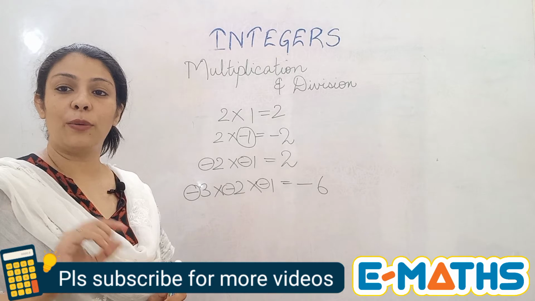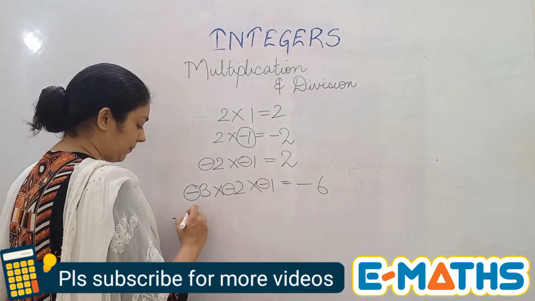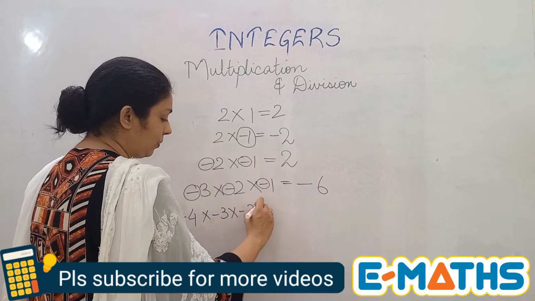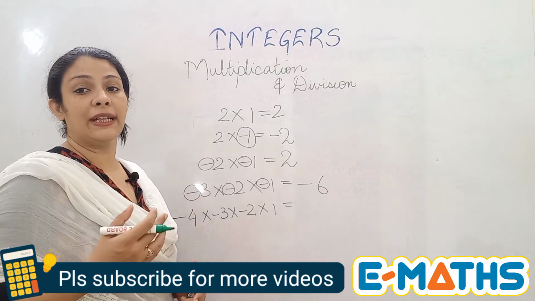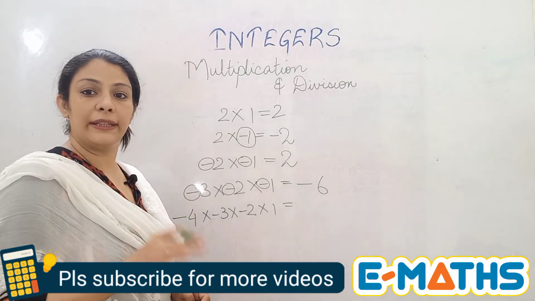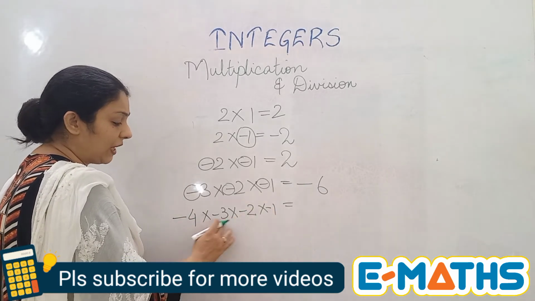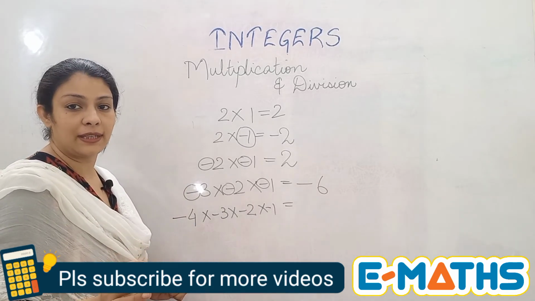Now let me take one more example with 4 negative signs and let's see what the answer will be. Minus 4 into minus 3 into minus 2 into minus 1. So whenever you have so many negative signs, first solve them and then move ahead. So the signs need to be solved first. We have 4 times this minus sign. That means the minus will get cancelled. There won't be any minus sign in the answer.